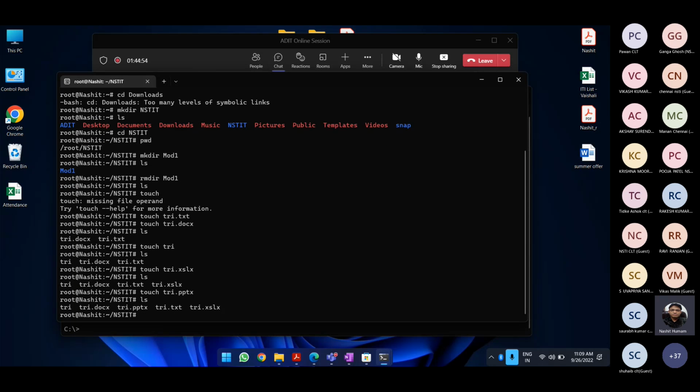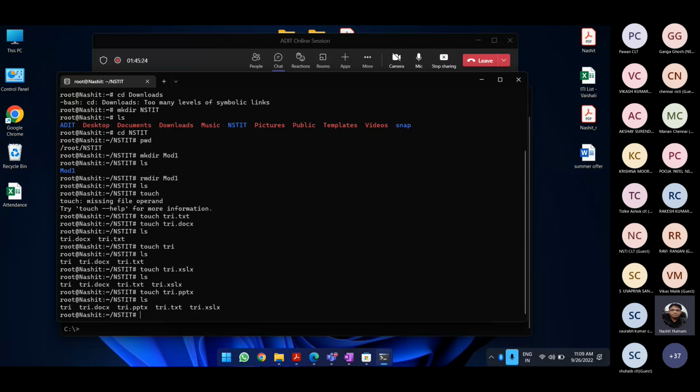That will create a ppt as well. So if you give it an extension, it will create a file of that sort. So that is my touch command to create a new file of a specific format.